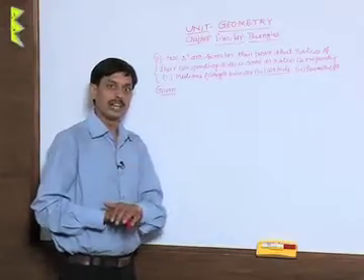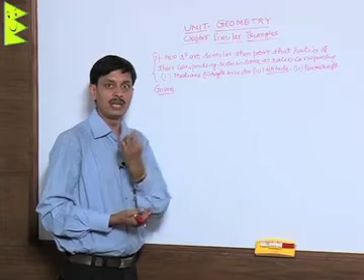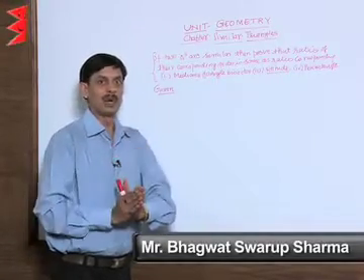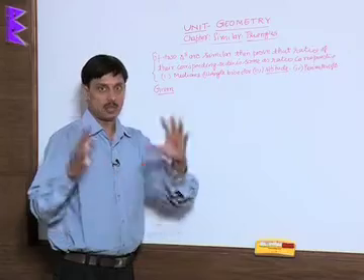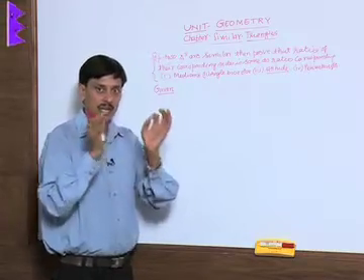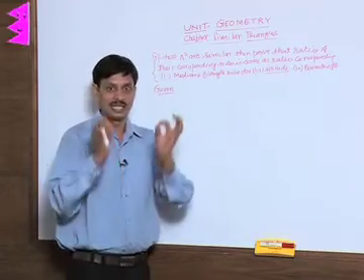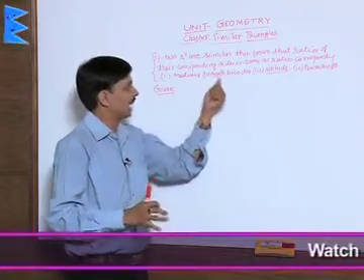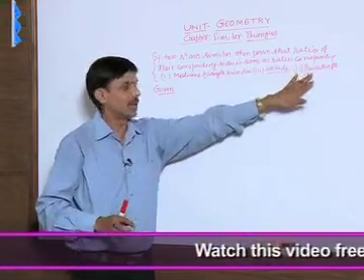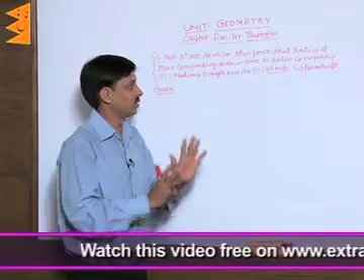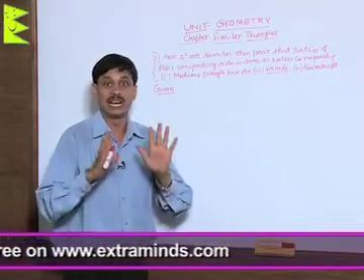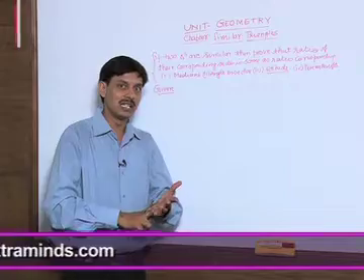Now I would like to explain an important result of the chapter on similar triangles. What is this important result? If two triangles are similar, then the ratio of corresponding sides is the same as the ratio of corresponding medians, angle bisectors, altitudes and perimeters. That is, these 5 results for two similar triangles are the same. What are these 5 results?